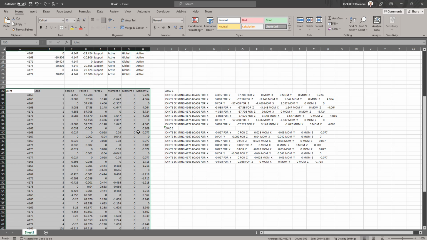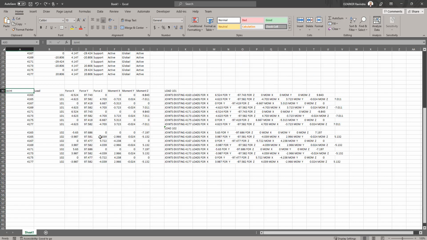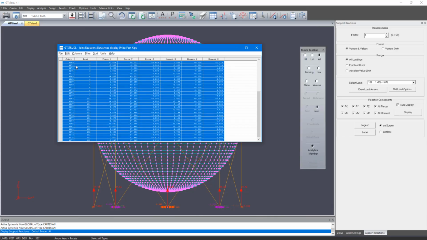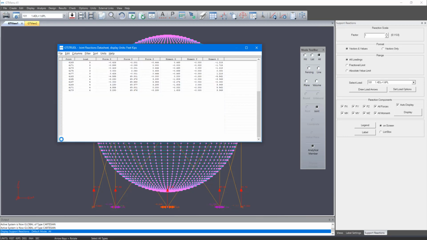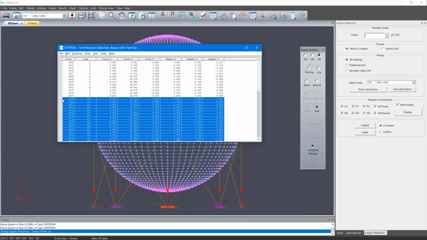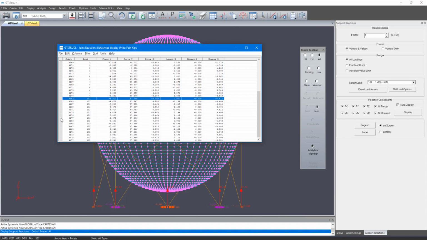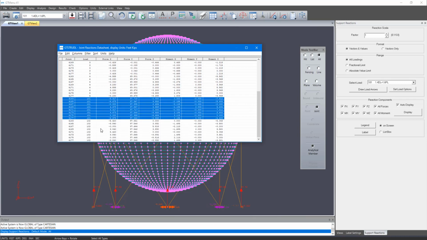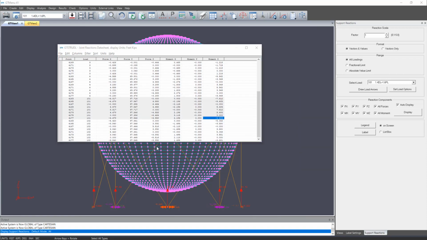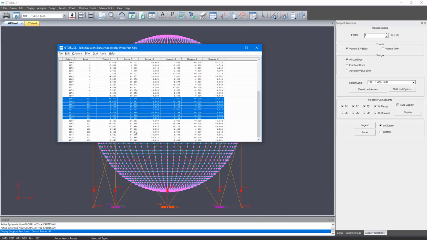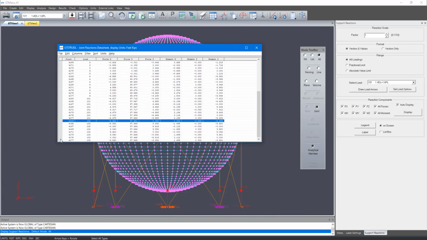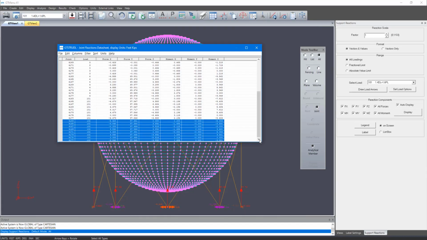Okay, so in this case, you just want to pass, let's say, the concrete design load combinations. Okay, let's say in this case it's load case 101 and load case 102, combined, or you can just say load case 101 only. Copy that, go to Excel, paste it, okay, with the header, and you can do it one by one, okay, and just